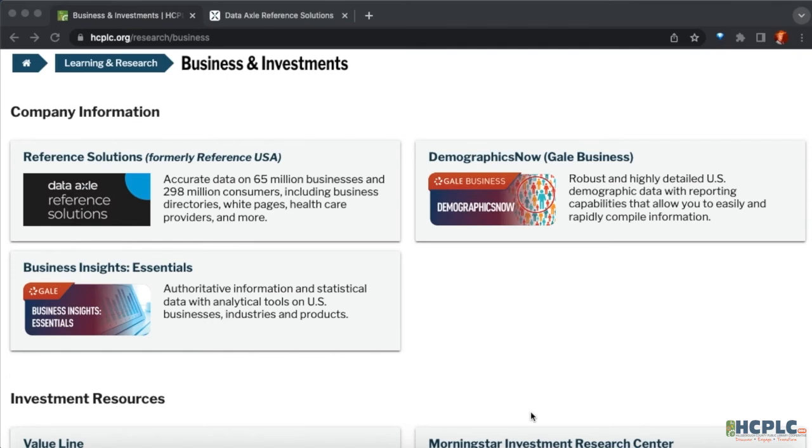Let's begin by looking at our first database that I want to demonstrate for you today, which is Reference Solutions. And if you have been a library user in the past, you can see that this used to be called Reference USA, so now it's owned by a different company. They've changed the name, but it still works pretty much the same as always. So if we navigate to this